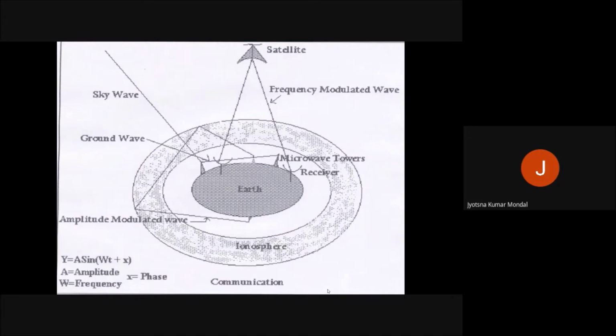But what is the basic difference when I am taking a picture from an airborne platform, suppose from a satellite? What is the difference between the picture you are taking from your normal camera in your mobile or your normal camera system? The difference is very important. The difference is that